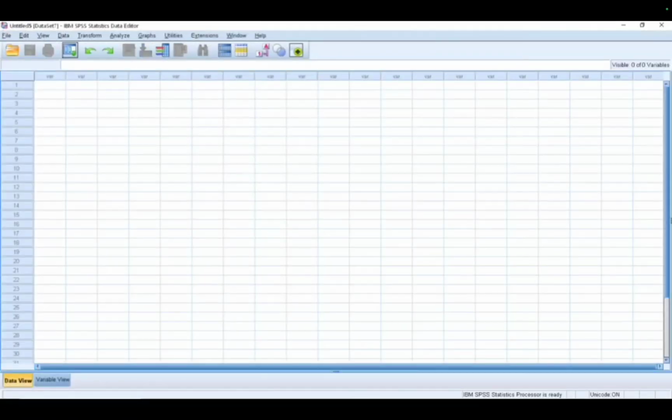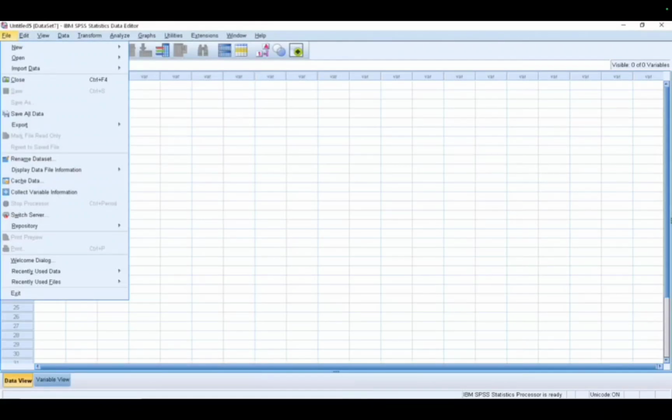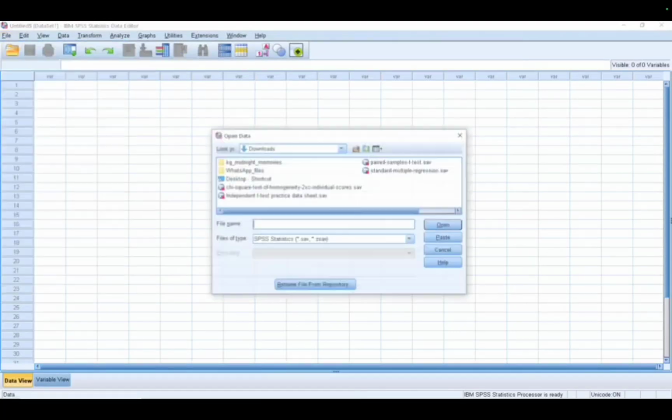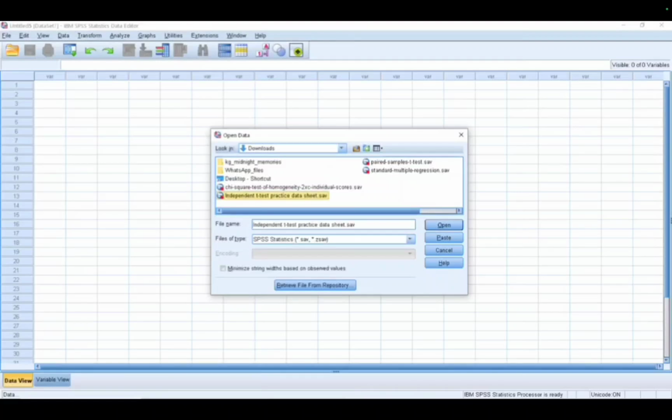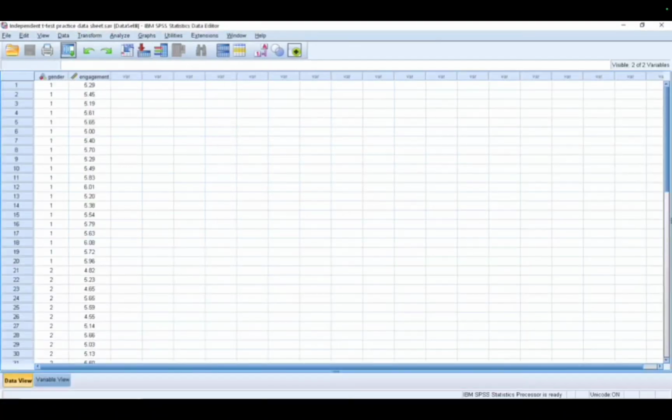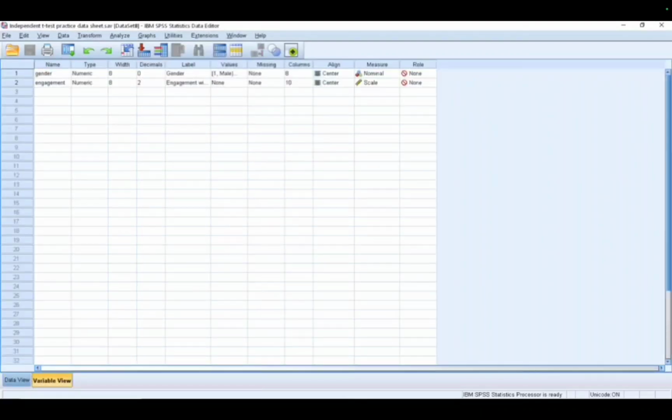And then we're going to go to the SPSS again, and now we are now going to the independent t-test again for another round of SPSS, and then we have here the gender and the engagements, the following information.